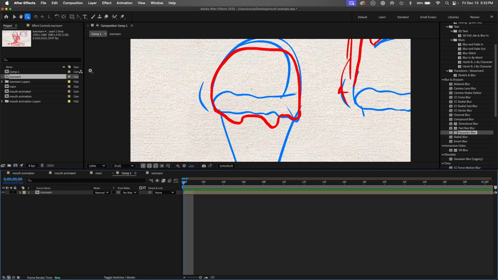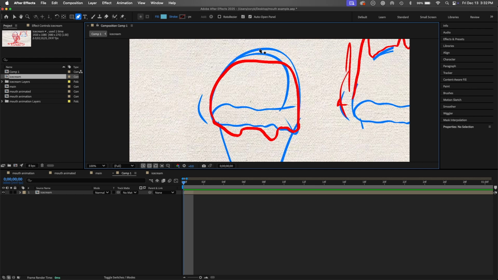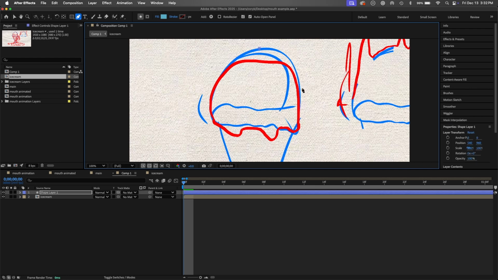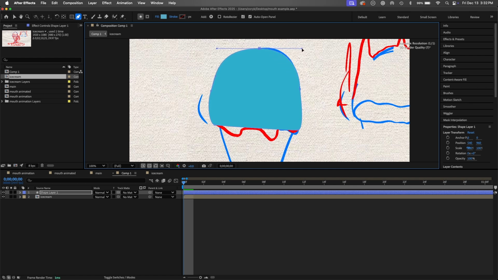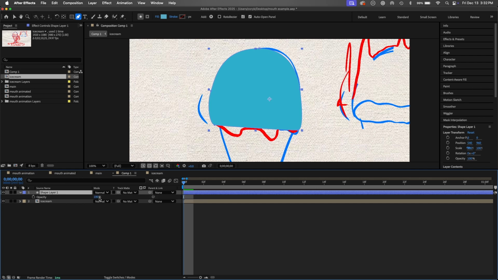So I'm gonna come in here, and I'm just gonna start with my pen tool, okay? And I'm just gonna give myself this first frame. And we'll kind of just come over and come up. Okay, so I've got this guy. And it's not a bad idea to maybe lower the opacity so you can see what's going on,